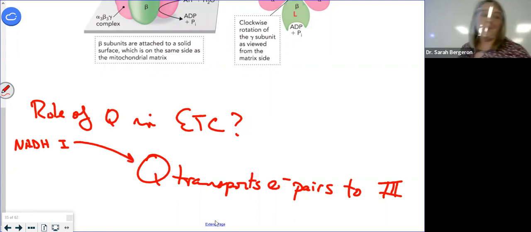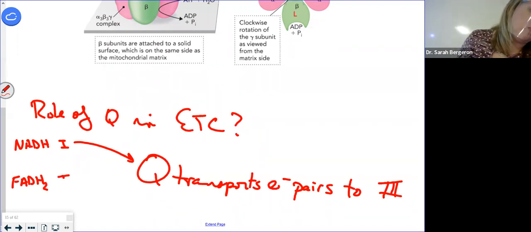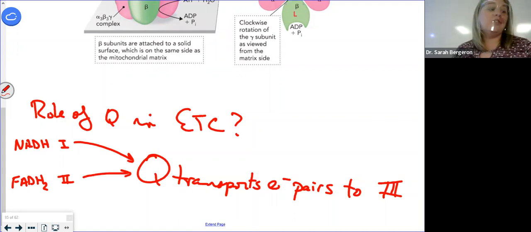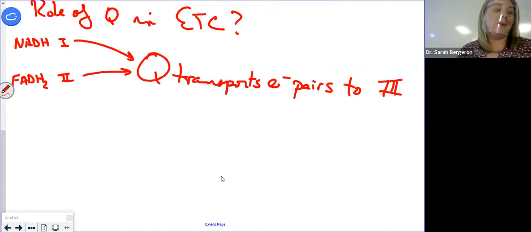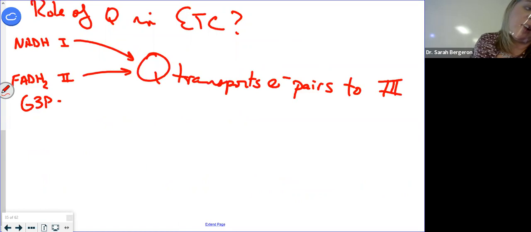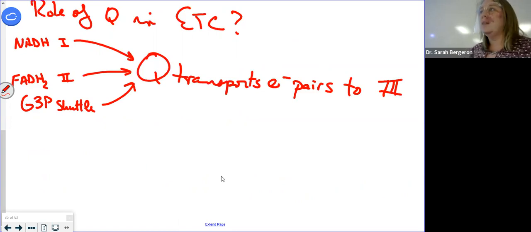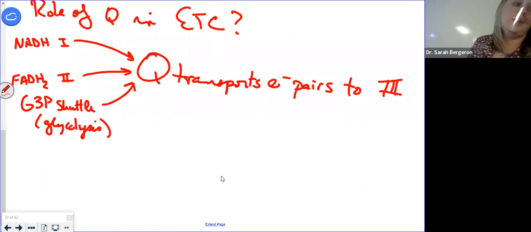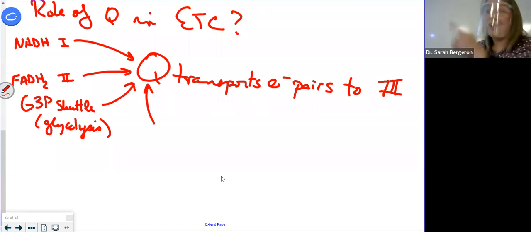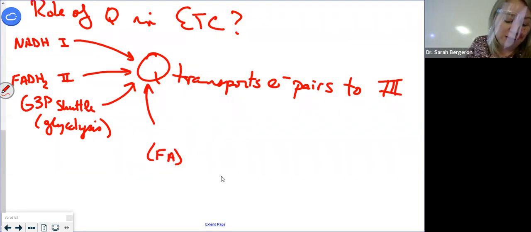That's true. What if I am FADH2? I could go directly from complex 2 to Q. There are 2 other FADH2 transporting molecules. What are they? Transporting systems. There's a shuttle, glycerol 3-phosphate shuttle. Where do we get those FADH2s from? Glycolysis. There's another one. Fatty acids, right? Anybody know what that one's called? ETFQ,